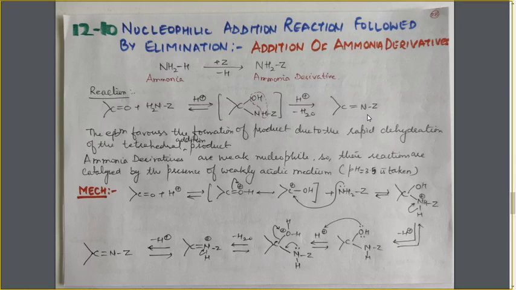So, what is the net reaction? If we compare these two structures, the oxygen atom of the carbonyl group is lost with this hydrogen H2 in the form of H2O, and both nitrogen and carbon are left with two free valencies, and to complete their valencies they form the double bond. This product is formed. So if we have to write down the direct reaction, we can simply write it as: remove this oxygen and hydrogen as a water molecule to form this product.